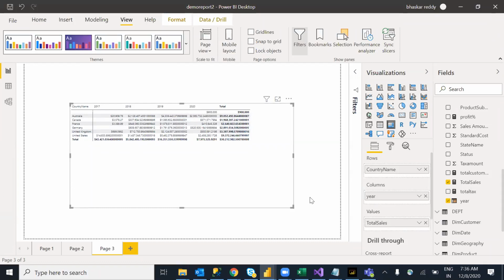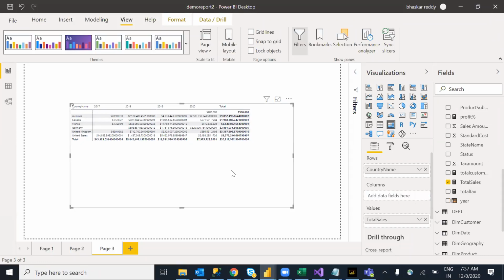In the tables and matrix, we can display data row-wise and column-wise as well. The number of columns may increase or decrease. Going forward, as per my logic, I want to take only the last 3 years. After that, 2017 will go up, or a new year will come. So the number of columns will be different, and the number of rows will also increase. This is the main difference between a table and a matrix.